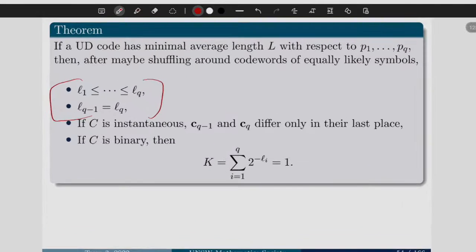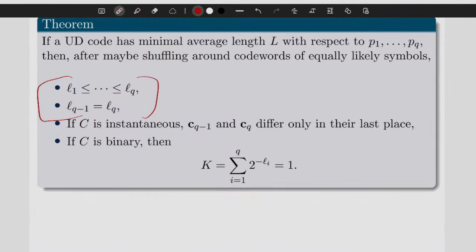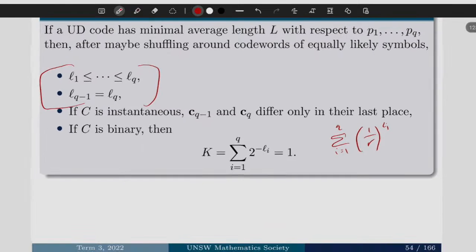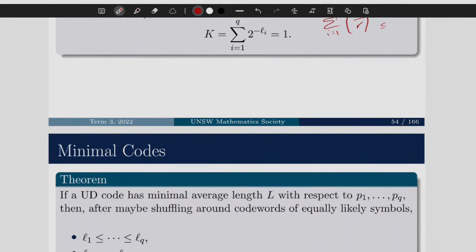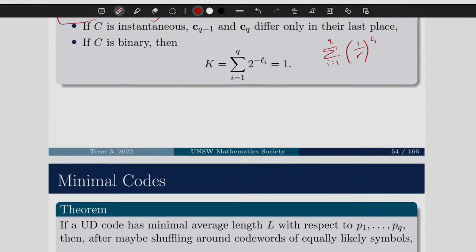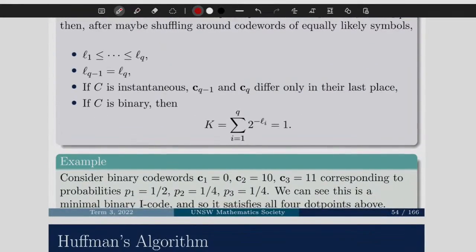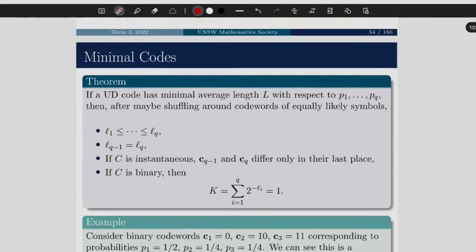And then we have this thing where, by the way, if C is binary, then this sum is going to end up with us having 1. This is actually just the same as our previous thing here, just written in a different form, but please remember that it's literally the exact same thing, where instead of the inequality, it's going to be equal to 1. So let's take a look at this really quick, just to prove that last statement.